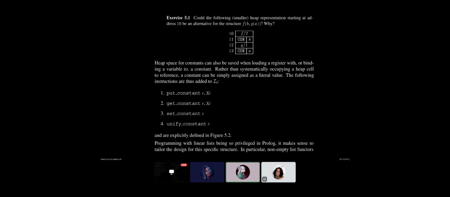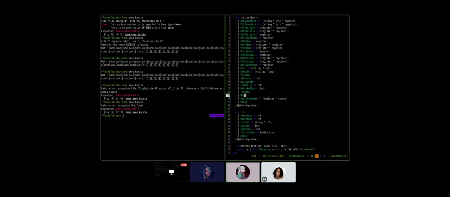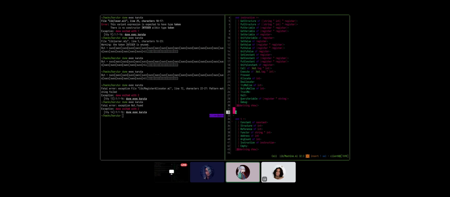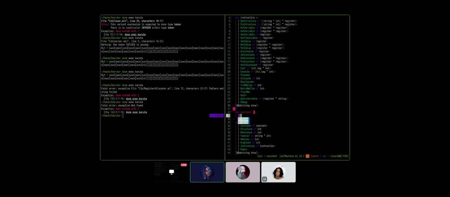Oh right, because this has a separate tag, okay, that makes sense actually. Sure, let's do that. No, I'm talking about making a constant type. So type constant equals, and then in the future we can extend for other types of numbers and stuff like that. Constant equals, right now, only integer. But in the future, we're gonna do more stuff.